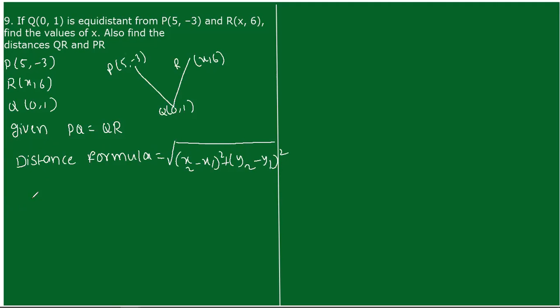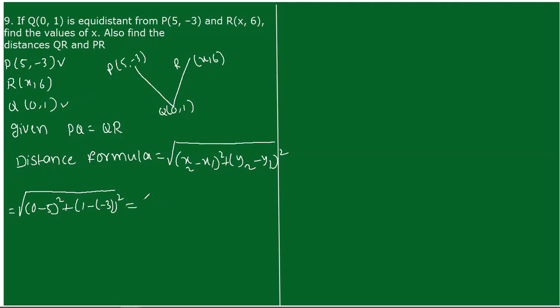So let's apply the formula. Here we have one hint, PQ is equal to QR. First, let's do PQ. PQ means we should consider (5, -3) and (0, 1). So the root of (0 minus 5) whole square and (1 minus (-3)) whole square is equal to,